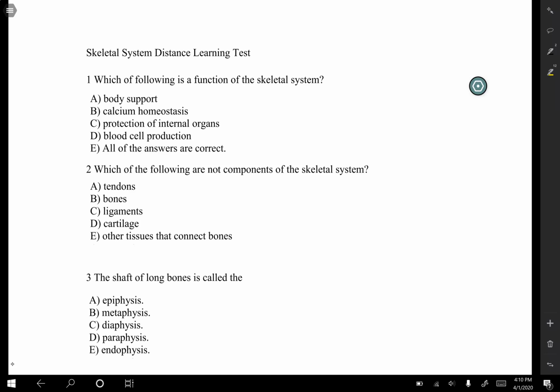I put together 40 questions going over the test, and these are different. This is not the test that I would normally have given you in class, but we did the best we could. And there were a couple of tricks. So let's go over it here just so you can kind of see what you're up against for the coming